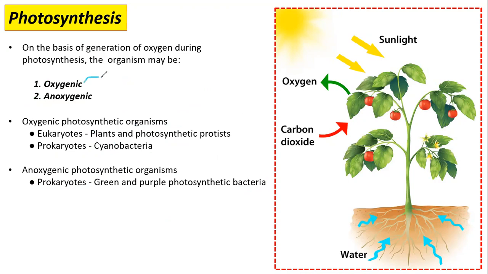So guys, in oxygenic photosynthesis, that is a type of photosynthesis that takes place in the plants, you will see the evolution of oxygen, whereas in anoxygenic, you will never see the evolution of oxygen. Instead, you will have the evolution of a sulfur compound. Okay, a sulfur oxide. It can be sulfur trioxide, sulfur dioxide, depends. A sulfur oxide or sulfur compound will be evolved in an anoxygenic photosynthetic organism.